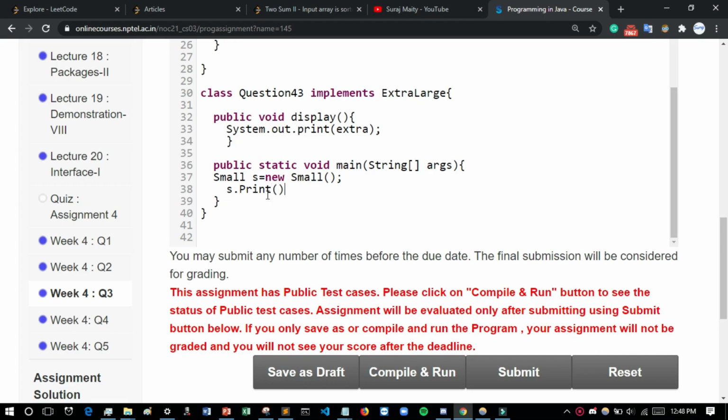Then for question 43, suppose Q t equals new Question 43, then just display it, t.display.